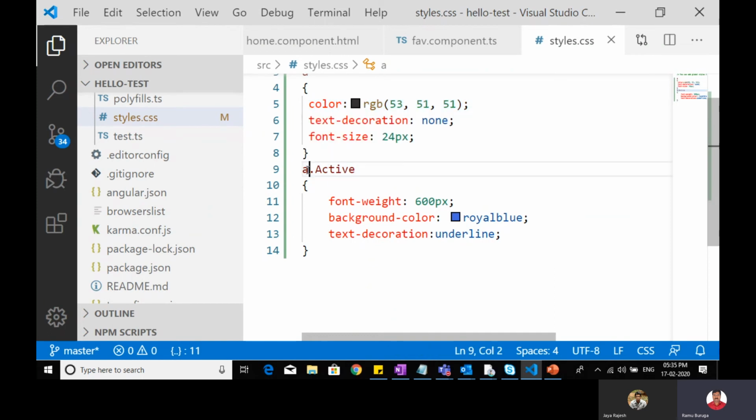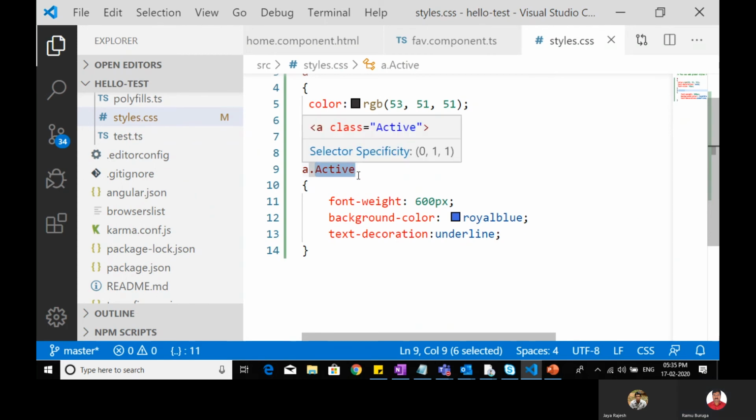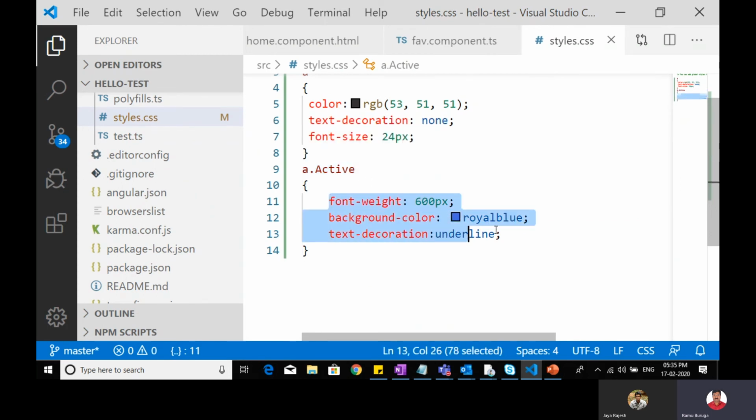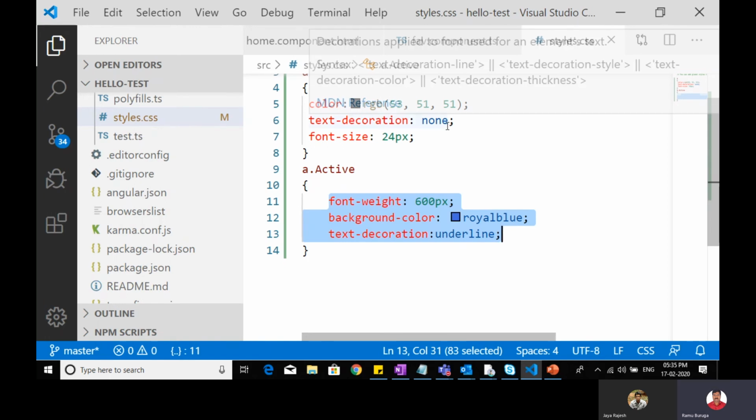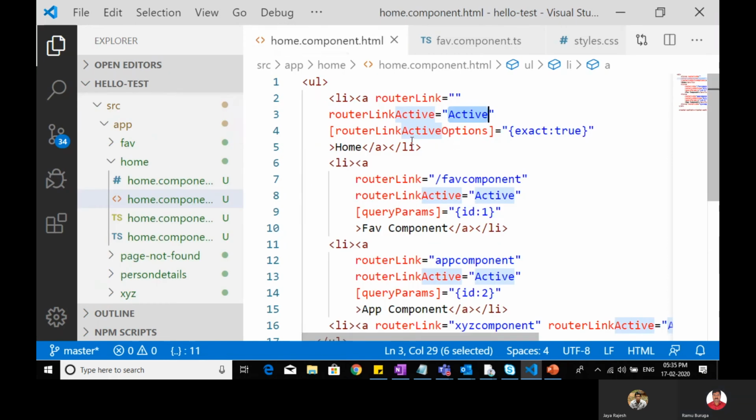On that anchor tag, I have created one more subclass, active, and here I have given some CSS styles. That is the reason. When I click on router link, the component knows that this is an anchor tag, so whatever styles I have written for the anchor tag will be applicable. Also inside the anchor tag, I have created one more subclass, active.